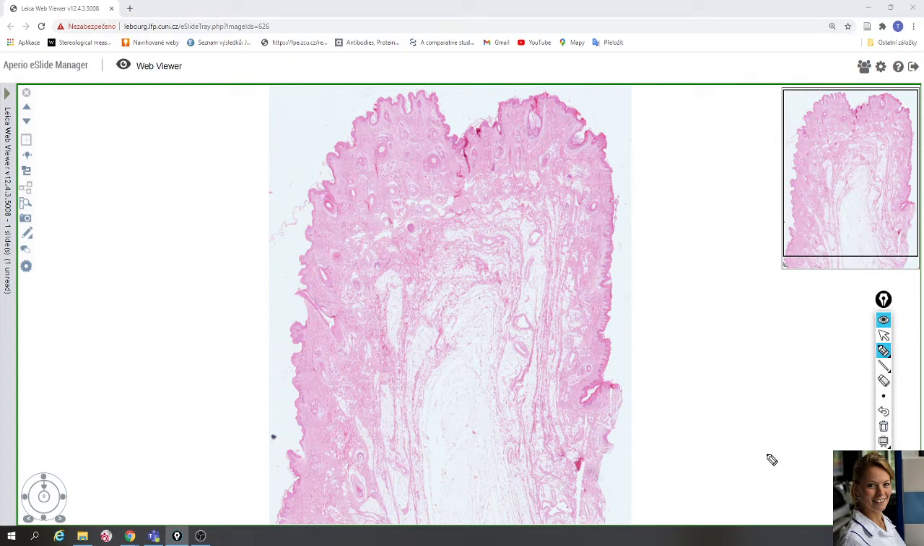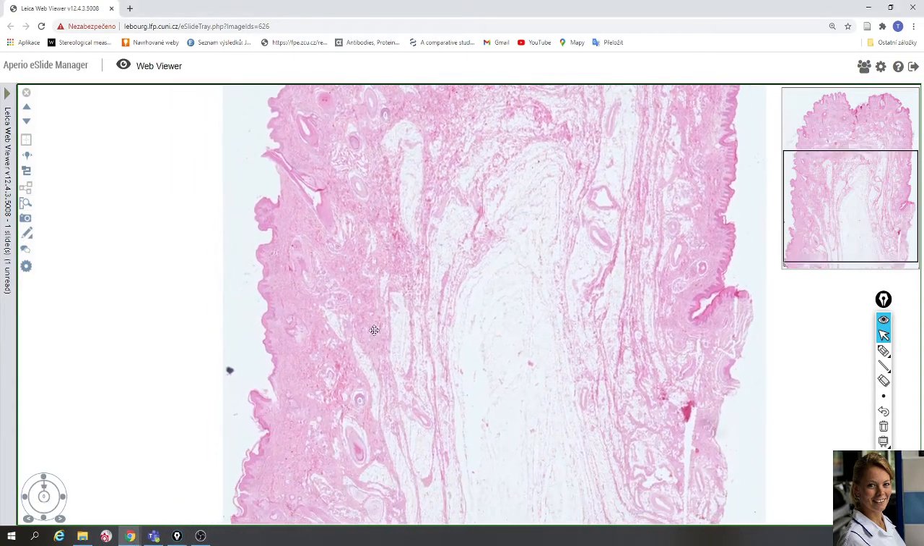and each also has an internal surface. It's here. Which is also covered by stratified squamous epithelium, sometimes keratinized, sometimes non-keratinized. In the internal part there are no hair follicles, only sebaceous glands. So underlying